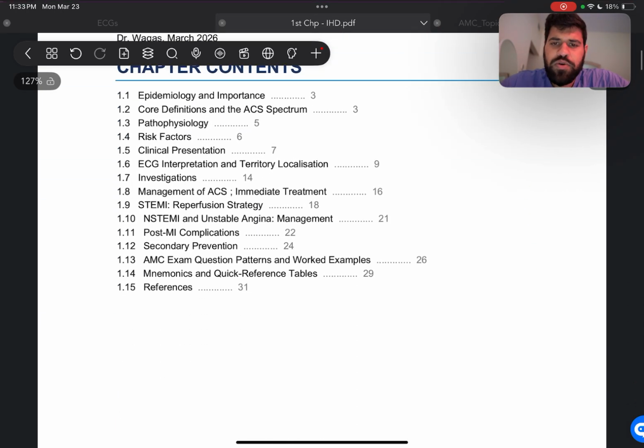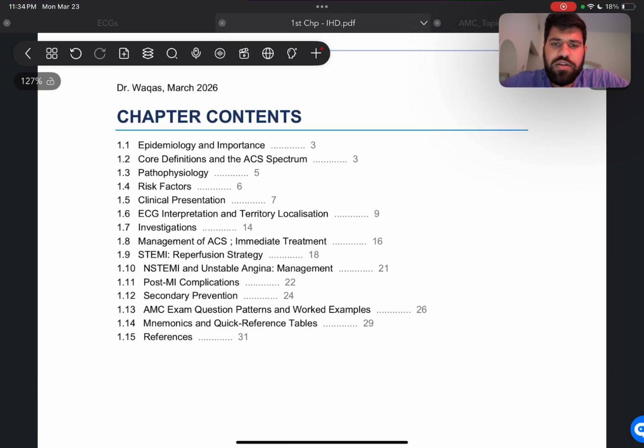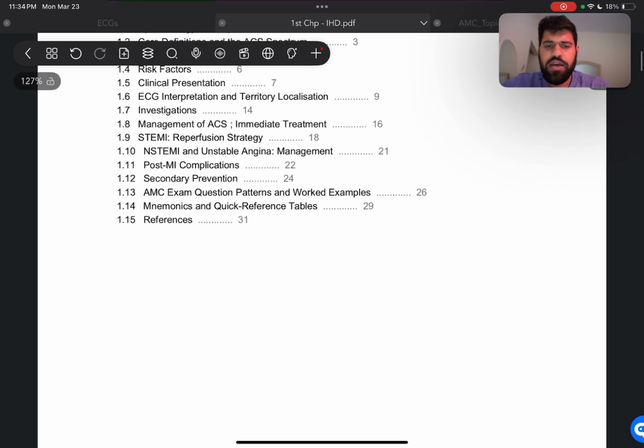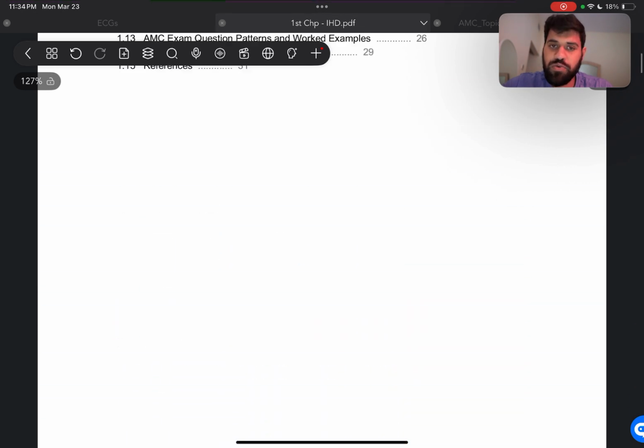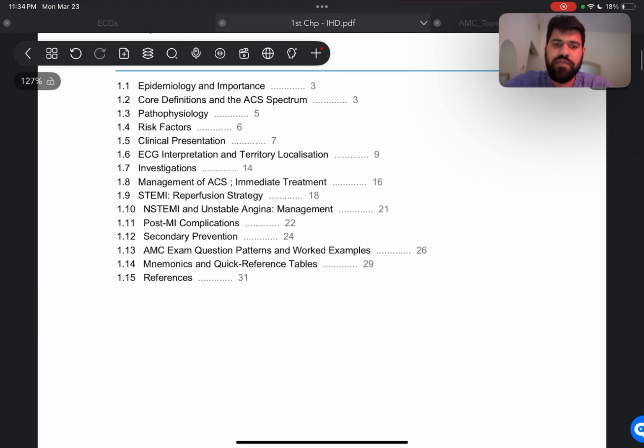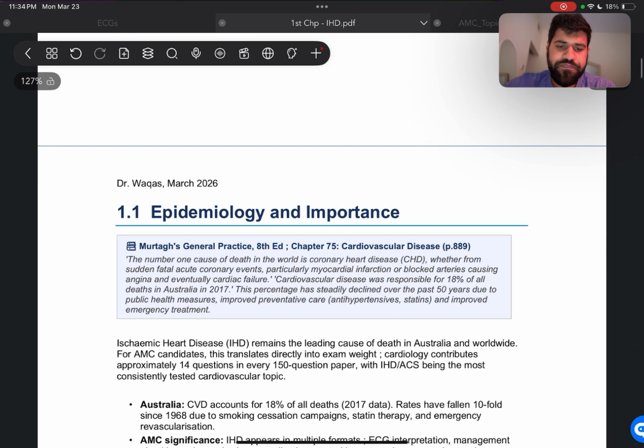Or let's just jump into it. So these are all the contents for the chapter. All right, and yeah, let's start. And towards the end of the chapter, if you want to just revise, these last two subtopics are just enough, because they'll include all of the mnemonics, all of the different values, and all of the references to the drugs, to the time period, and to the readings of ECGs. All right, so that's just enough for you to revise as well. All right, now let's start.